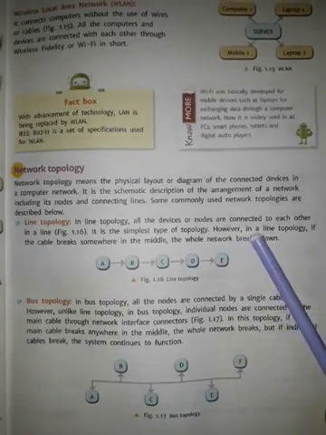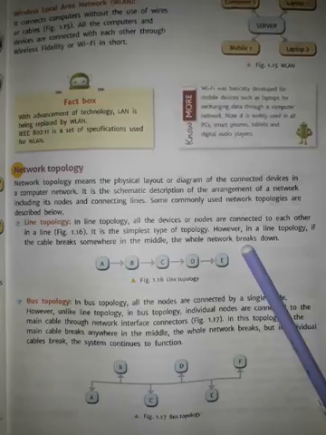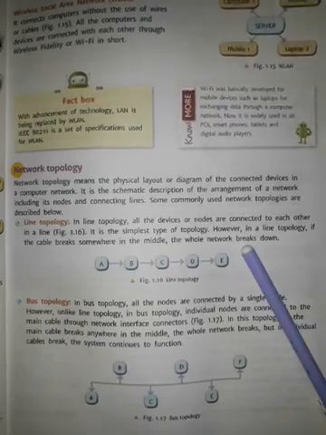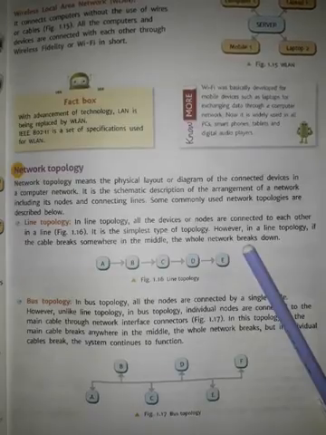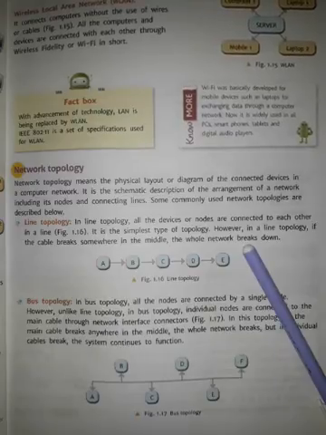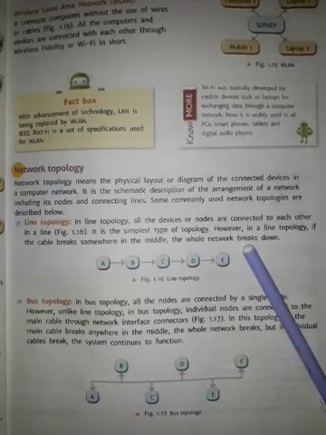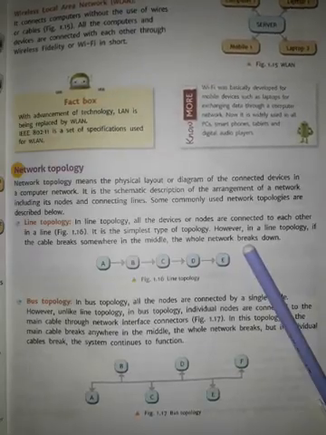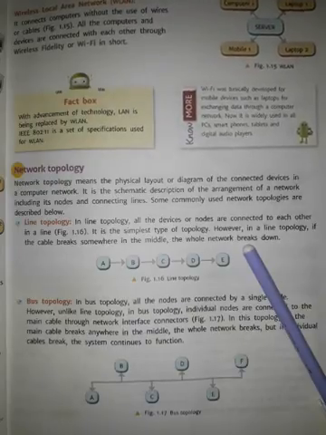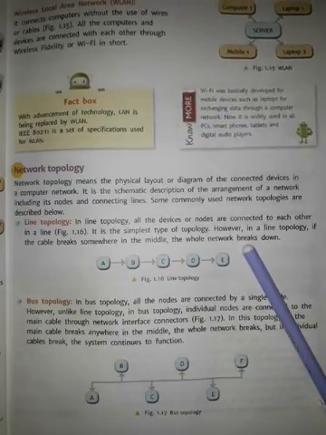Students, we find here network topology. Topology is the term used to describe the way through which computers are connected in a network. The physical topology of a network refers to the layout of the cabling, links, and nodes in connecting devices to form a network. Each topology is used for specific tasks and has its own advantages and disadvantages.